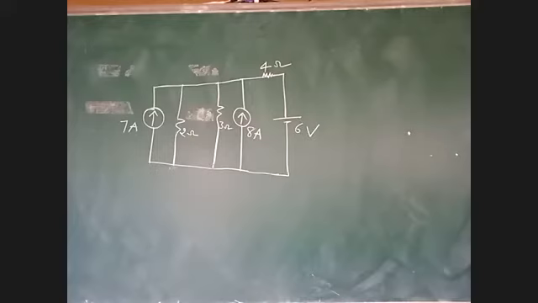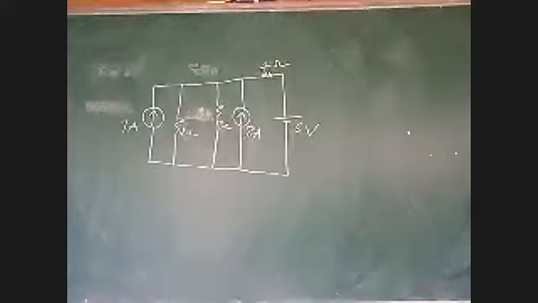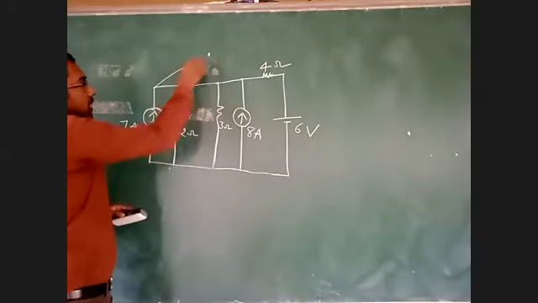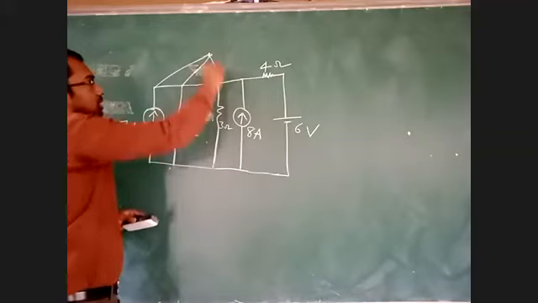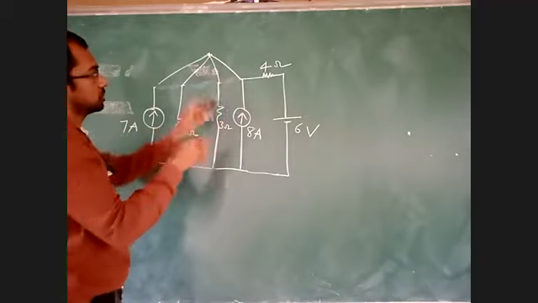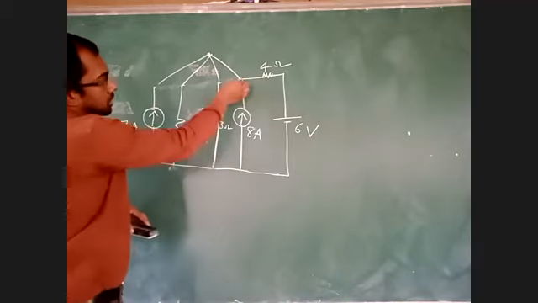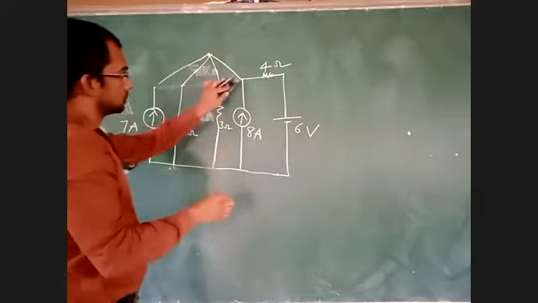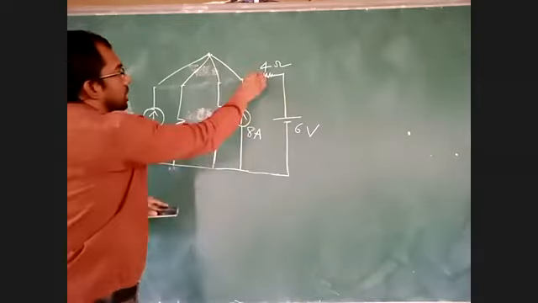How many nodes are there? Two nodes. No, one node is there. See here. I am taking this node here. I can join here, here, here, here. Okay. This is connected here. This is the branch. This branch is connected here. And we can connect this branch also.